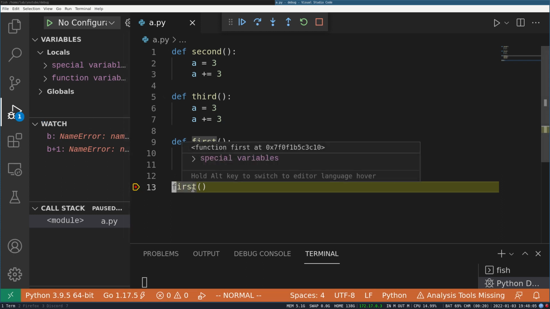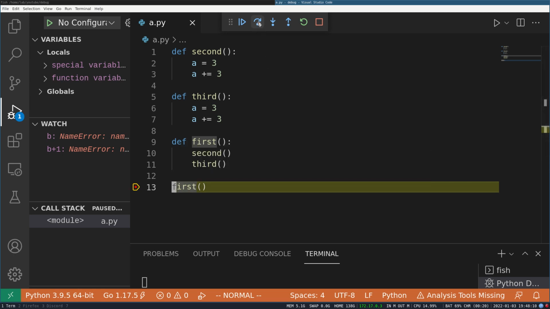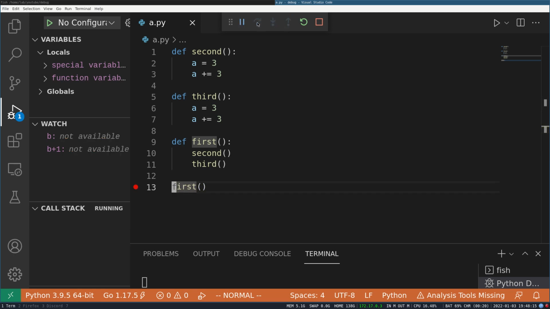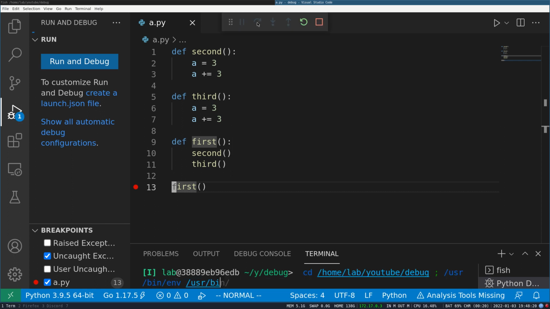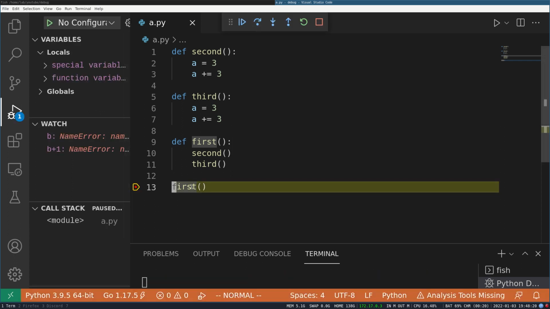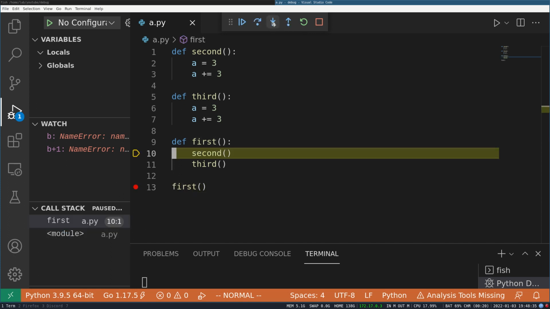Now we want to see what happens in this first function. So remember, if I click on step over, it will go to the next line, but as there is no next line, it will just exit there. So if I click on this, the whole debugger will exit because the program finished. But I want to see what is in the first function, what is happening there. So I can do step into. Step into says go into this function, so it goes into that function.